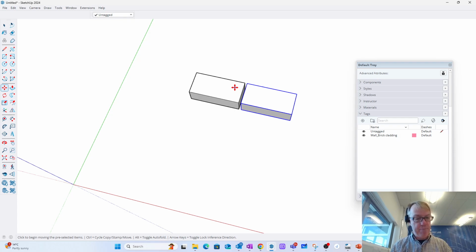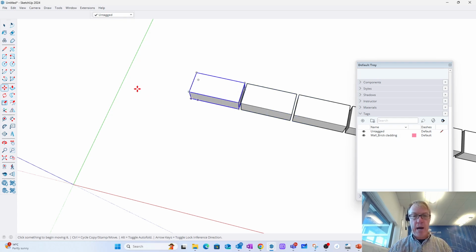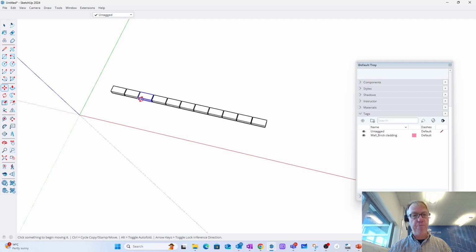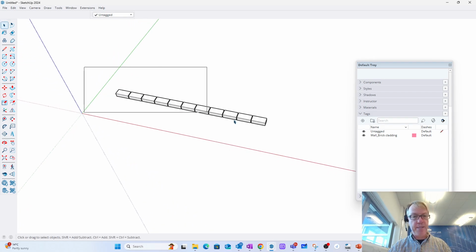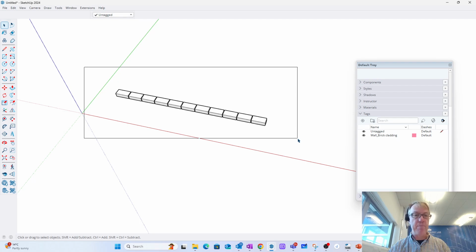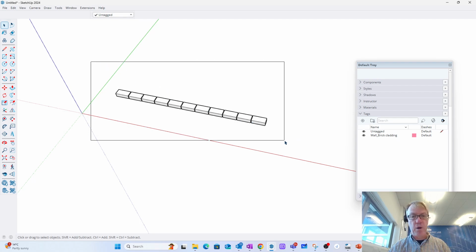And now I press X, I think it was 10, X10, enter. I now get an array of bricks along here numbering 10. If I select the entirety of them by drawing a fence over the whole lot,